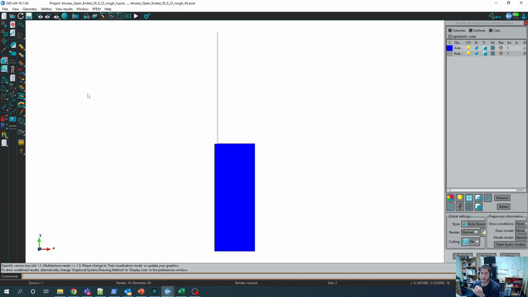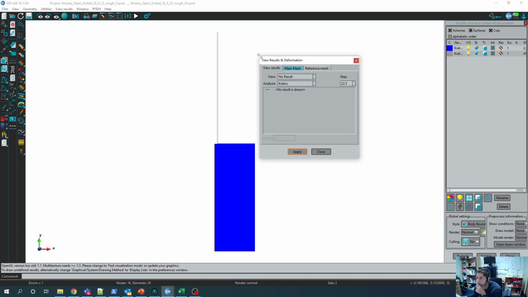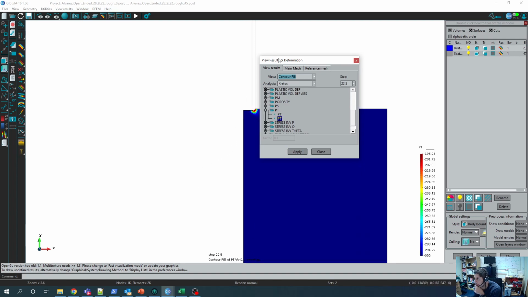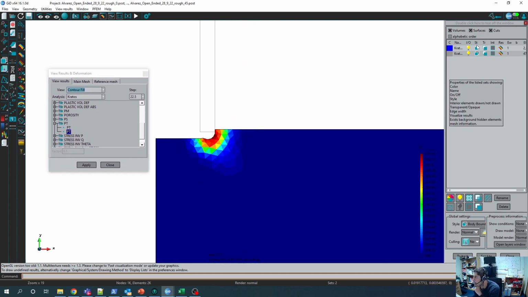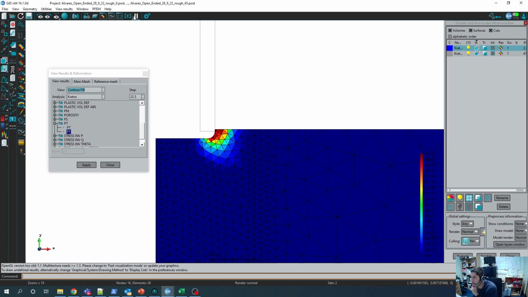Sorry, this is quite slow, but I'm just waiting for the window to pop out. Okay, PT contour fill. So we see it's happening, and I guess that we will have remeshing. I mean, we won't see a lot of remesh because the size of the elements is already small, but this is going in, and there